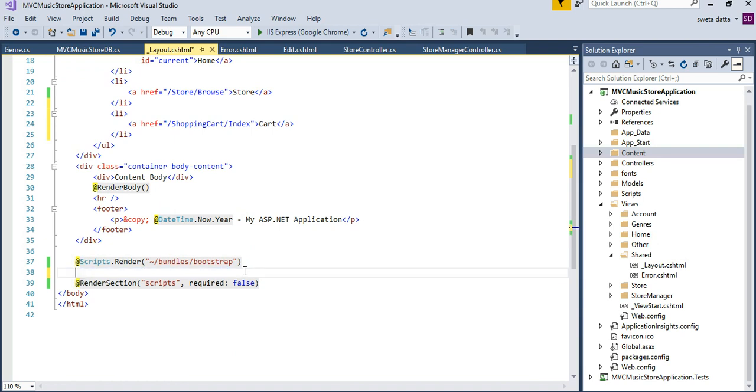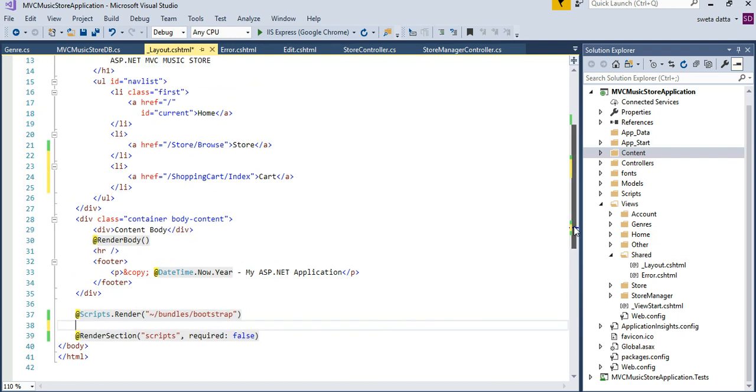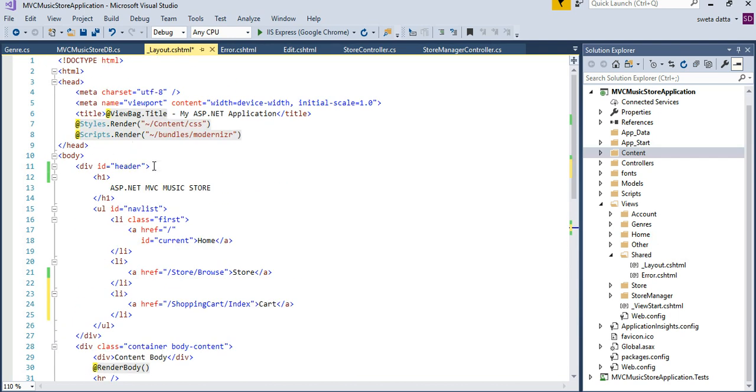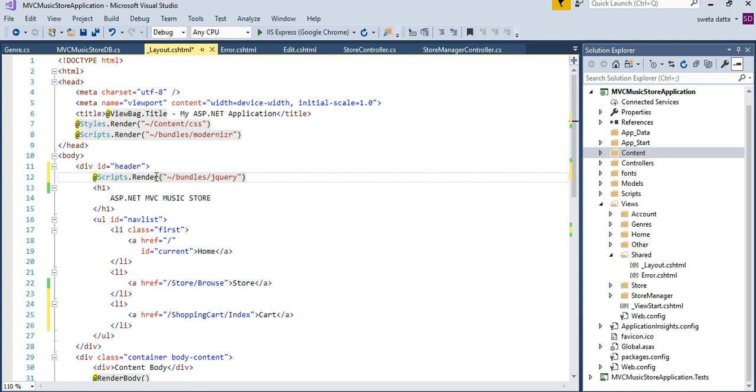And the second change I'll be making is this jQuery. The jQuery is currently around the footer area, at the bottom. I am going to be adding it to the header. The reason why I am doing this is because I will be using Ajax in my JavaScript that I will be adding to my local JavaScript file, the music store script or something that we have. So when I use JavaScript in my script,